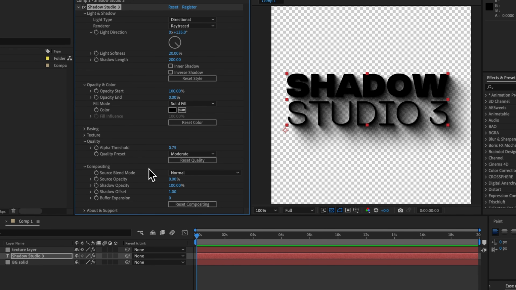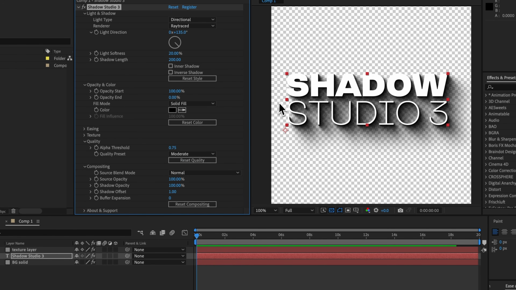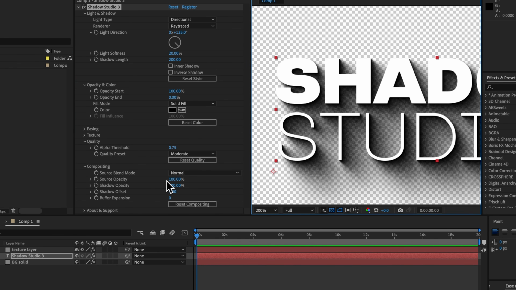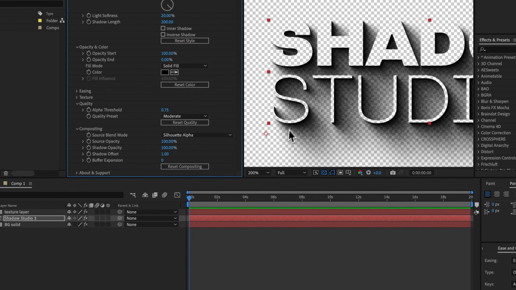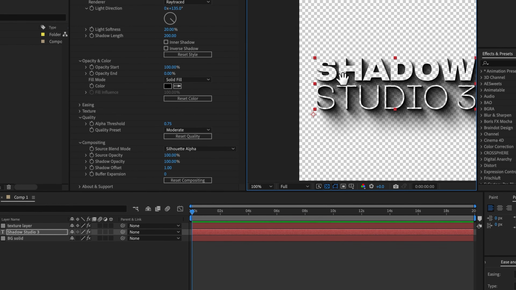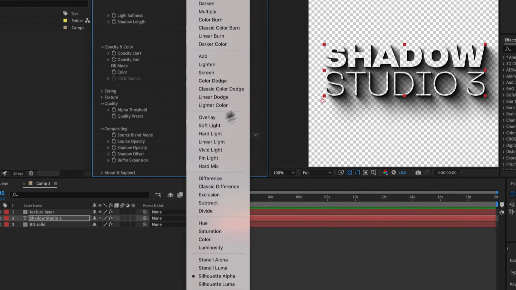Back to the compositing tab, we have a source blend mode, which is essentially if you have the source opacity set to above 0. By default, the plugin is compositing the source layer onto the shadow using a normal blend mode, which means it appears above. We can have some fun with this, say if we were to silhouette alpha, and that would silhouette the input from the shadow,